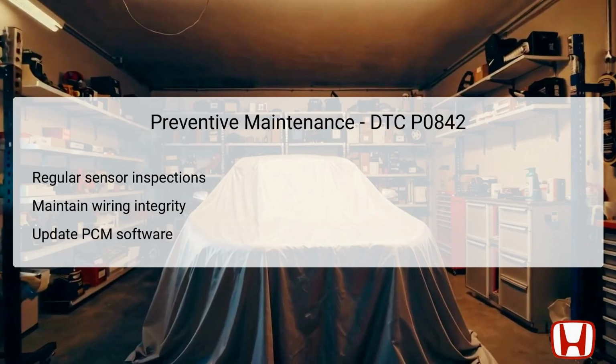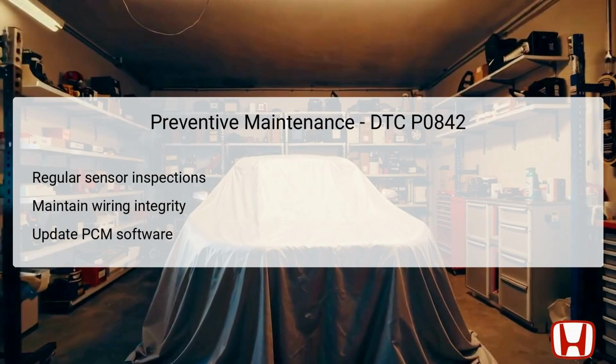Additionally, maintaining the integrity of the wiring connecting the sensor to the engine control module, ECM, is critical. Ensuring that there are no frays, breaks, or corrosion can greatly enhance the longevity of the system. It's also beneficial to keep the PCM, Powertrain Control Module software, updated, as updates often address known issues and improve system performance. Adhering to these preventive measures not only extends the lifespan of the transmission system, but also ensures a